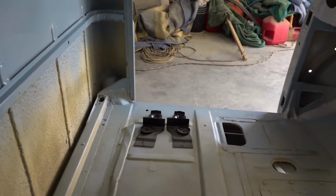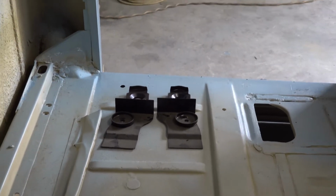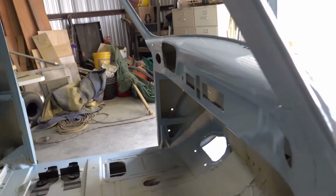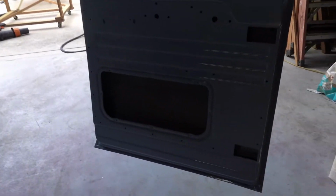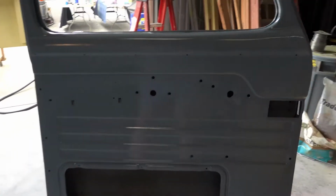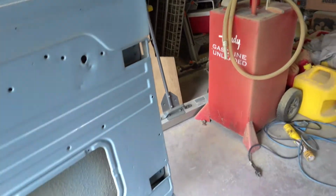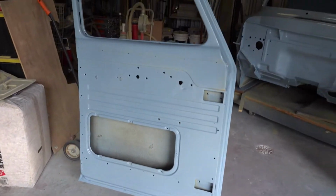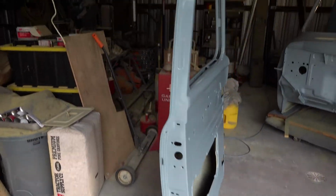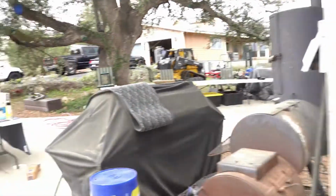Those right there, these brackets. This is the installation mounting brackets. I scuffed those up and painted them with some Eastwood chassis black just to protect those. This is the back of the door. Get one of the doors turned around. Those speed things. And really outside here